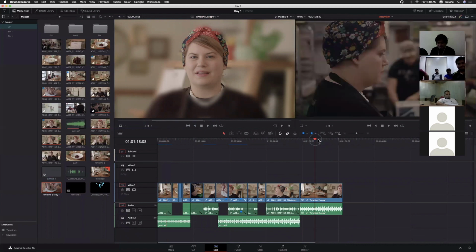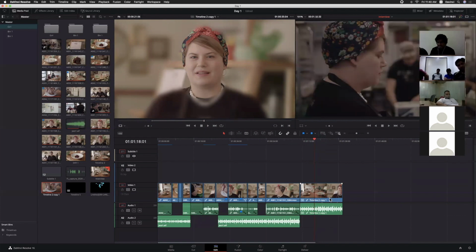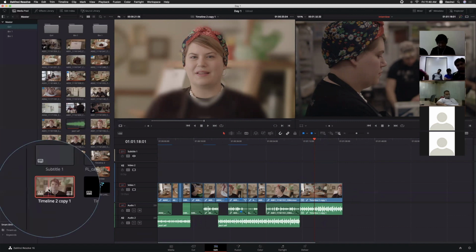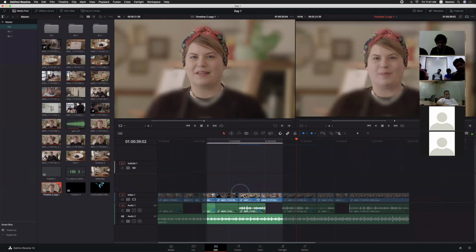What if you want to make any changes to that particular timeline? It's like a compound clip, right? The second timeline is like a compound clip grouping thing. So if you want to make any changes to this clip, we need to open that particular timeline separately. Just double click it.